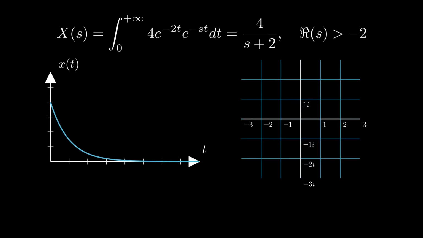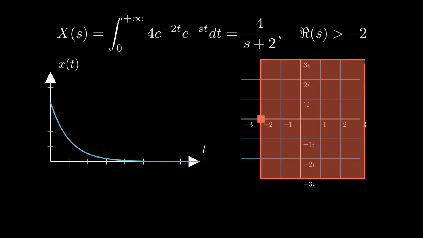That signal is causal and stable. Causality means that the signal is non-zero for time after t equals 0. For signals with rational Laplace transform, the right-sided ROC means causality. Stability means that if we integrate the signal from its starting point to its endpoint, the result is a real number. This happens if the signal has a pole at the left of the imaginary axis,